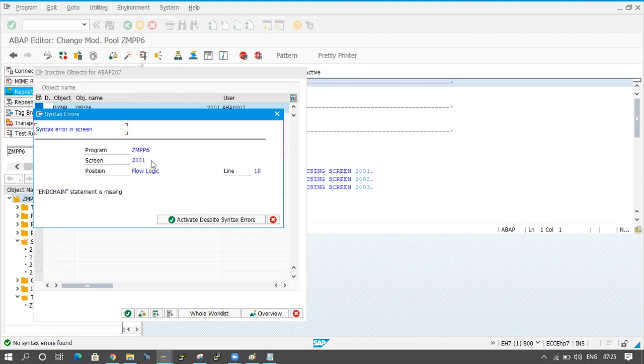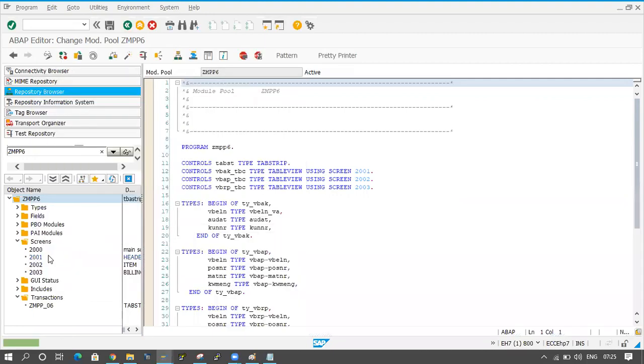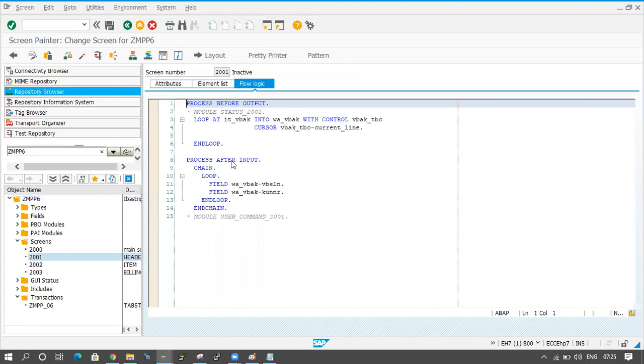In the 2001 flow logic, line number 10, ENDCHAIN is missing. But I have maintained it in 2001 line number 10. Okay. One minute. I will maintain ITVBAK here. Let me check. VBAK 2.